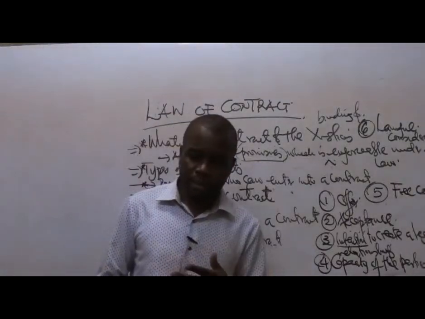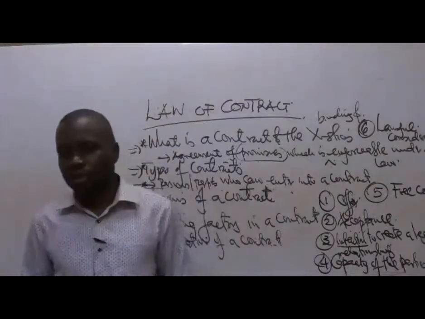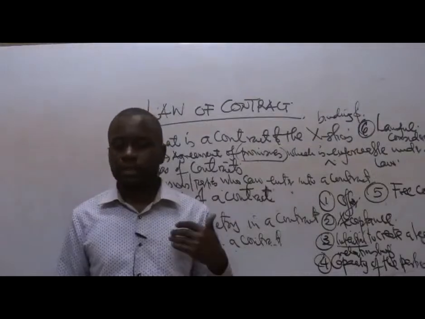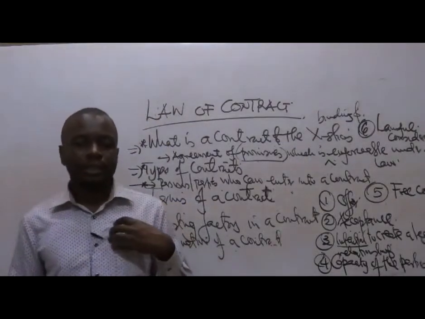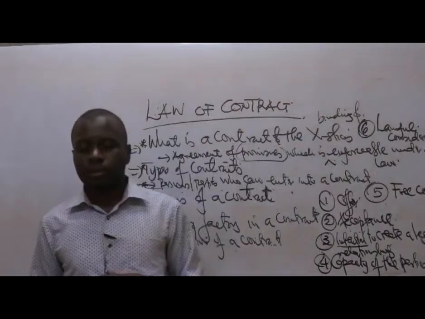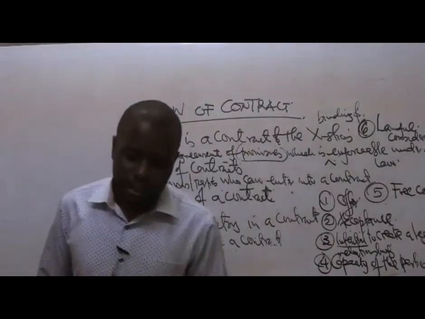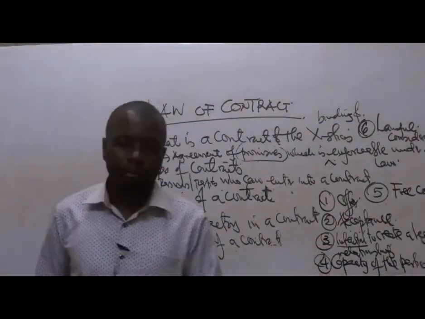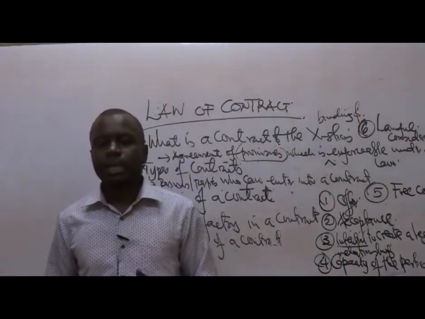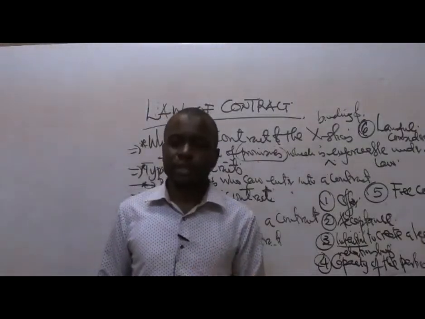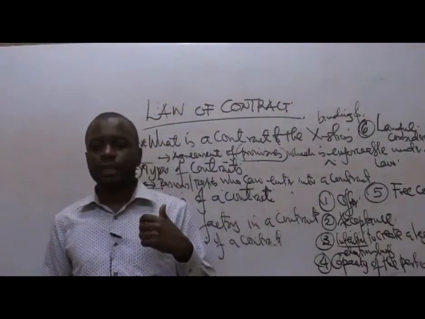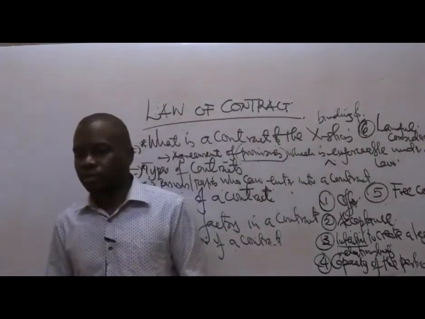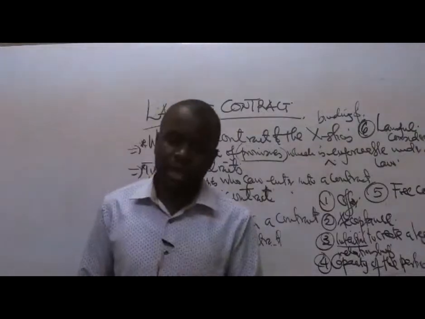Then there should be a consideration. You're not just coming to RCM for nothing. There's something that RCM is offering. They're offering tuition via live Zoom classes. That is the consideration that is being offered by this other party we are calling RCM. What about you as a student? There's something you are giving in. You are giving in a consideration known as the fee. You are paying that 3,500. That is the consideration.